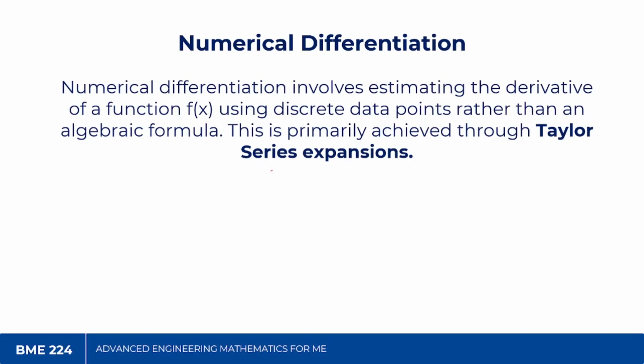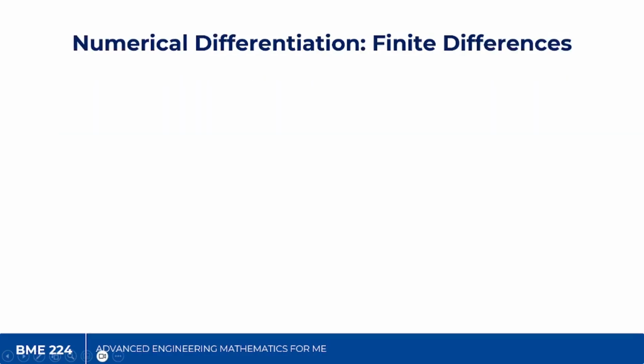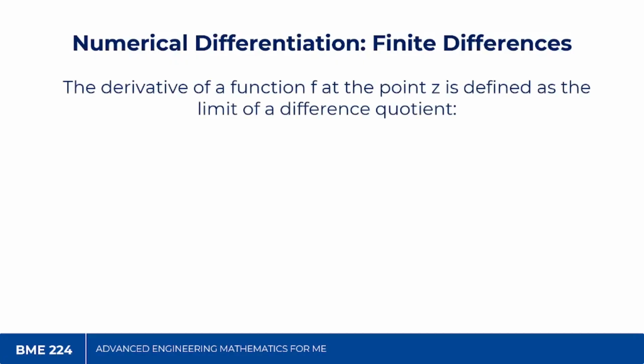So, in numerical differentiation, this is primarily achieved through Taylor series expansion. So, we go back to the Taylor series expansion. Now, this is what I'm saying, finite differences. There are three: the forward, the backward, and the central difference. Let's start with the